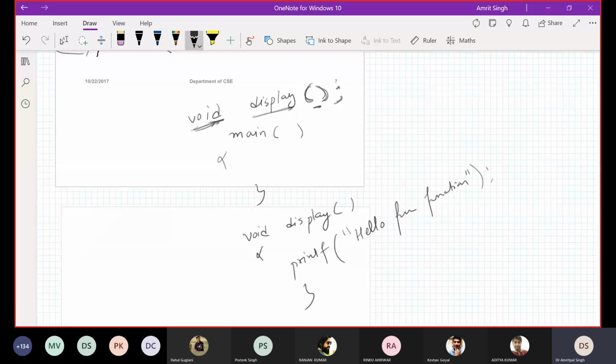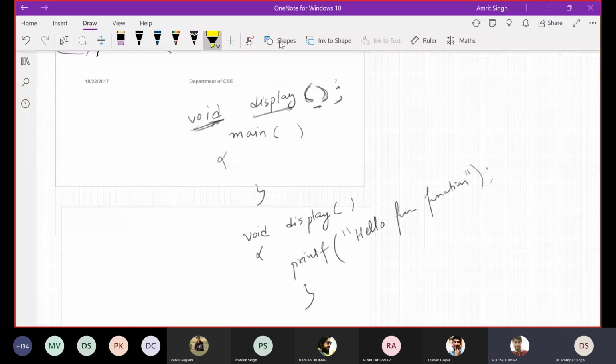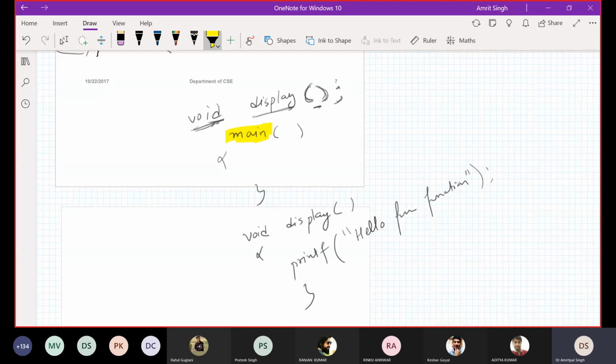Okay. So now if you try to execute this program, what will be your output? Anyone? No output. Okay, children, why? Because we are learning a new concept, but what we have learned, we don't want to forget. The reason is that I told you your compiler starts executing your program with main. So your main is empty. Your compiler thinks you have not called anything in the main function, so it is going to show you no output.